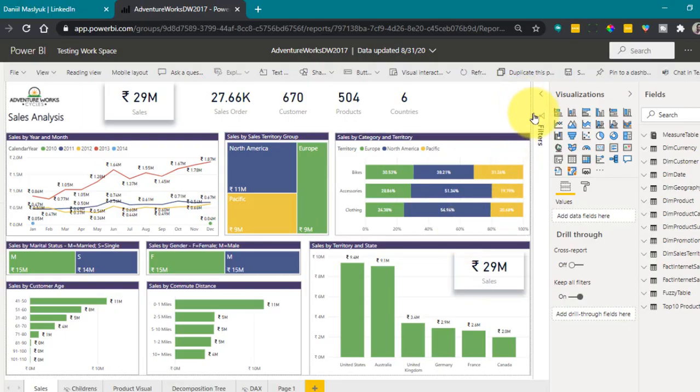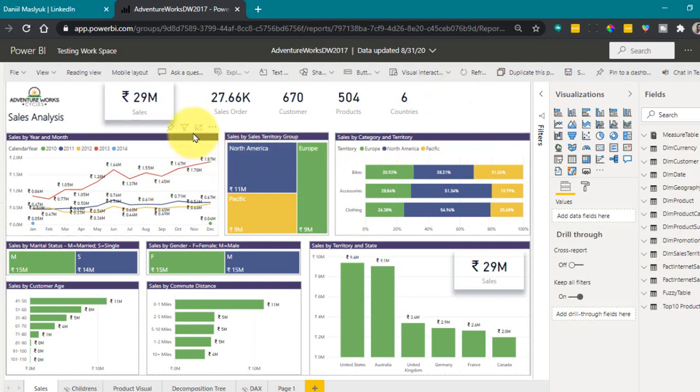I have logged into my Power BI service because these updates are not yet available in Power BI Desktop. Microsoft Ignite is going to launch by the end of this month, by next week actually, and after that they will release the new version of Power BI Desktop. But they release some of the features in Power BI service first, because Power BI Desktop is released each month, whereas the Power BI service is released every week. So we have the latest update in Power BI service.